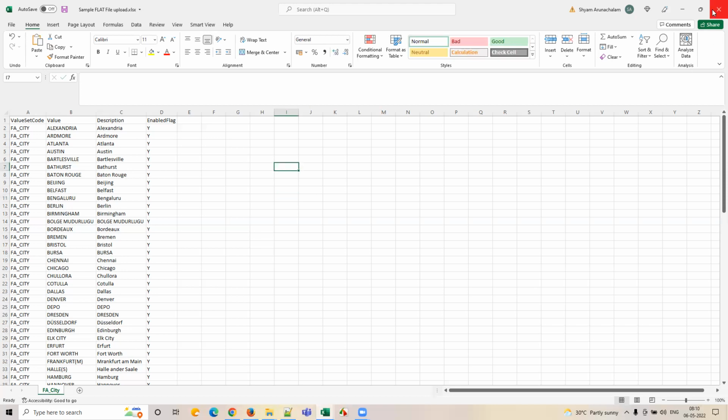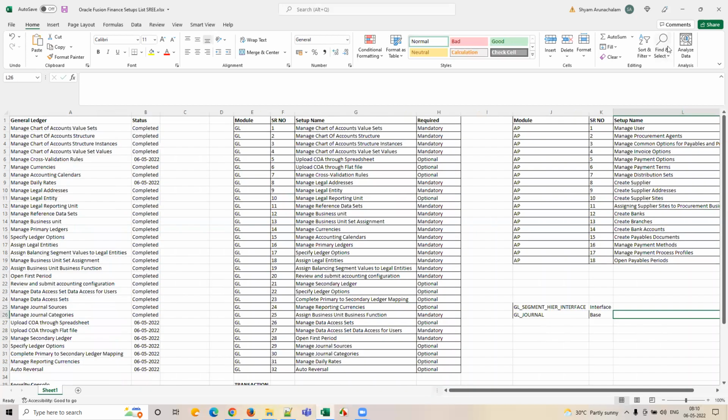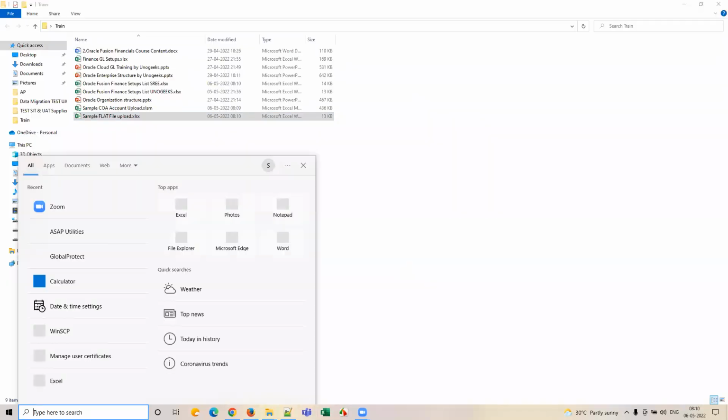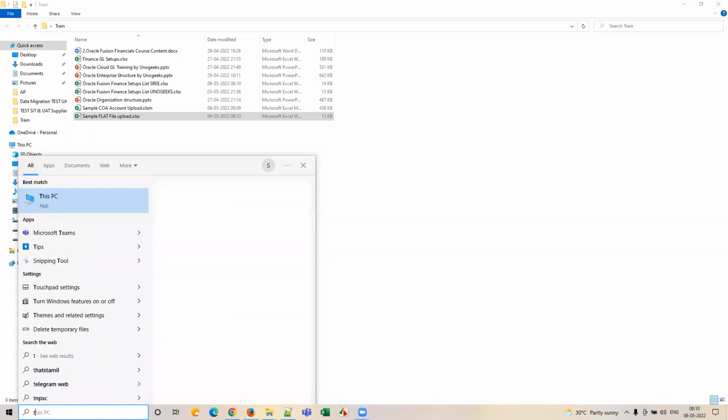Okay. Before you change it, you have to make sure all your Excel files are saved and closed. Okay, I'm closing all my Excel files and navigating. Note the setups. Write them down in your notes. First, you have to navigate to